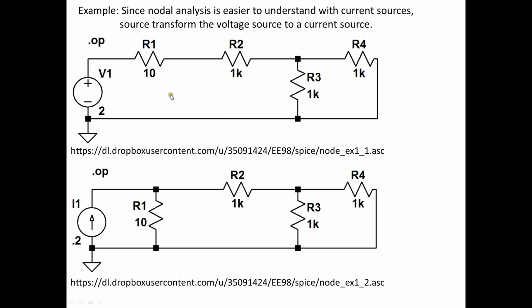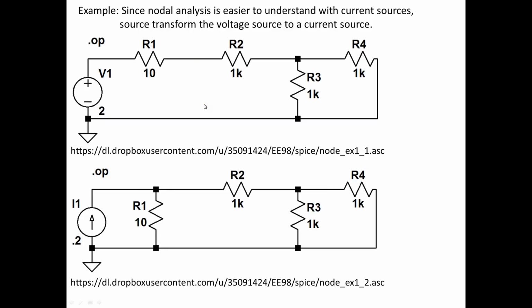This example can be solved using our traditional methods of just summing R1 and R2 plus the parallel combination of R3 and R4, finding the total current, and then working our way backwards. And I suggest you do that as a check to the matrix method that we're going to do. Now, nodal analysis